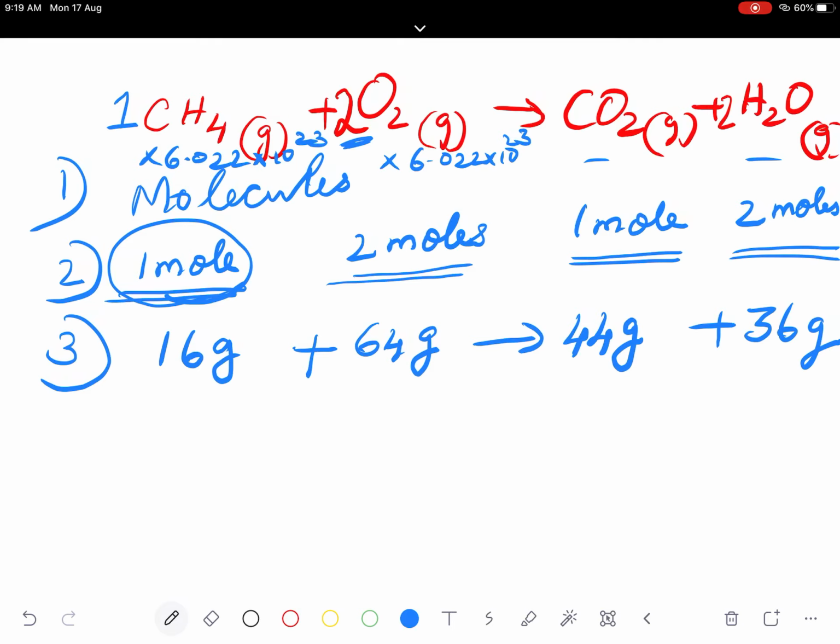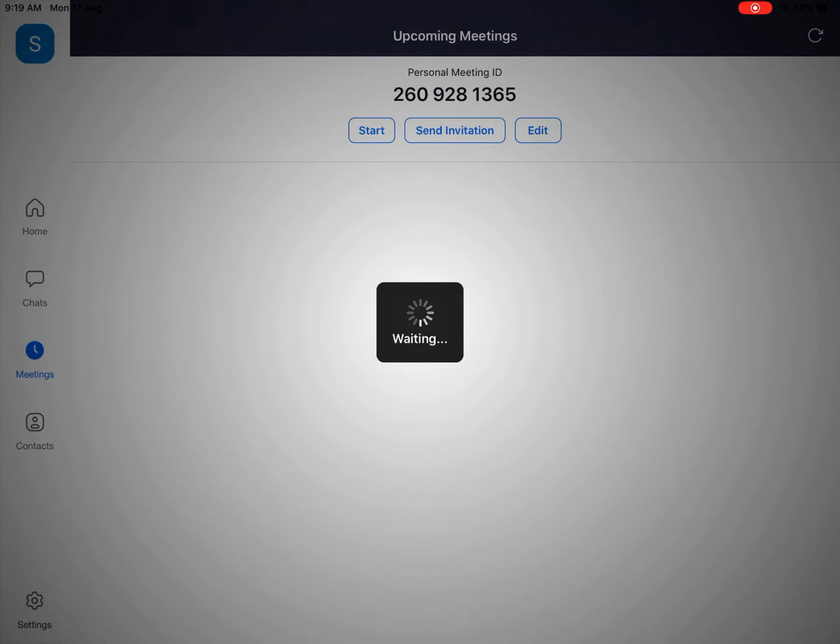Now according to the law of conservation of mass, the total mass of the reactants is equal to the total mass of the products. When you add, you will be getting the same on the left hand side and right hand side. Alright. Now one more information we can get, that is in terms of